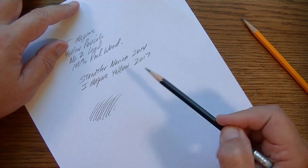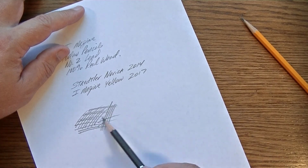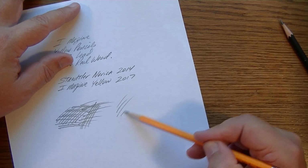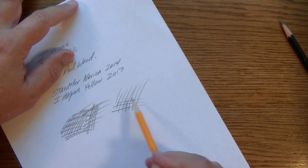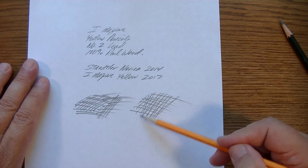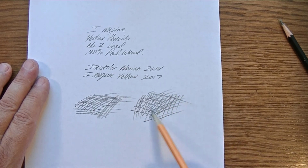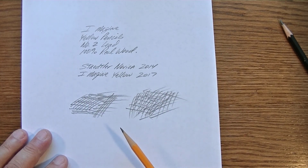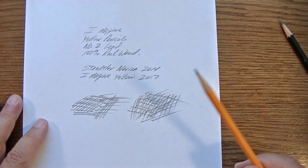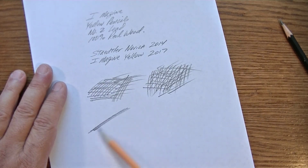The Norica. As usual, very smooth. And Mr. Yellow here. Okay, so it's not as smooth. It has more drag, more feedback. You can probably hear it's a little louder. But it is not like pencils that I have seen from, for example, an Office Depot pencil or a Staples pencil, one of their generic yellow pencils. Those things are horrible and they write a lot lighter. This one here,